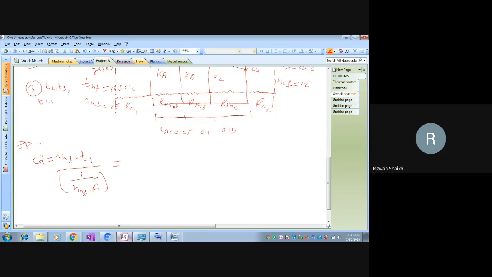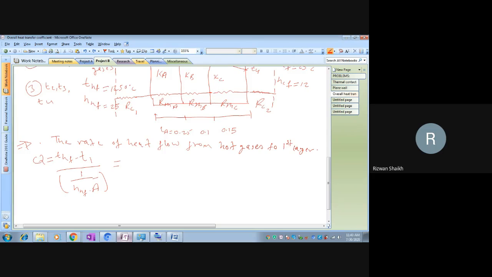Now, why are we doing this? Because it is not the first layer, it is the amount of heat flowing from the hot gases to the first layer. So it is the rate of heat flow between the hot gases and the first layer. I can write it here, the rate of heat flow from hot gases to the first layer, that is the layer A. Now this is the equation we got.